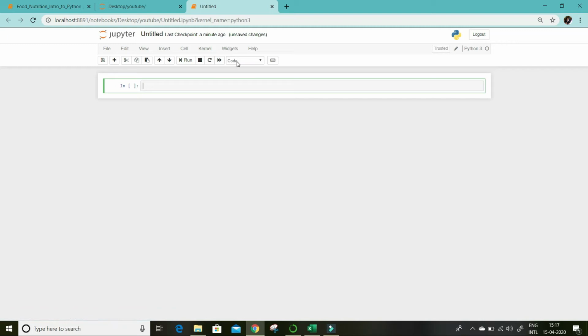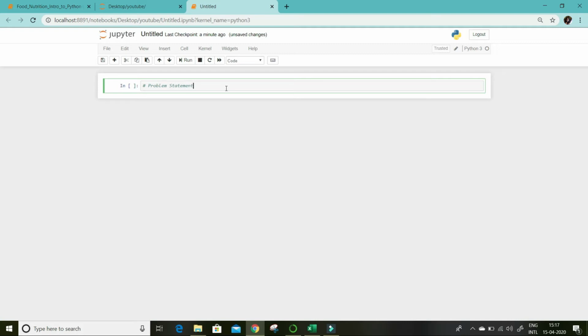So this is the code mode. If you want to write a comment, you have to either use the hash sign or move to markdown or a heading option. So it's better we just keep it in code mode only, and then mark the comment with the hash sign. Suppose I am writing a problem statement.